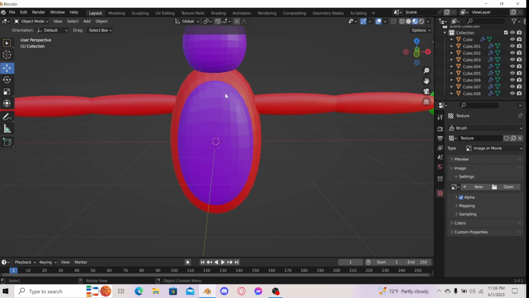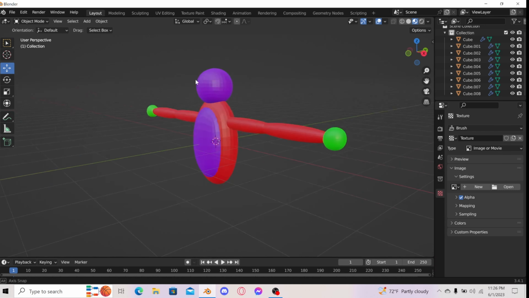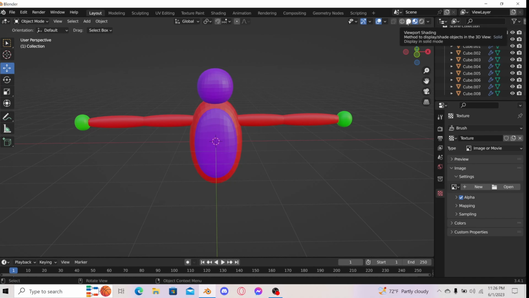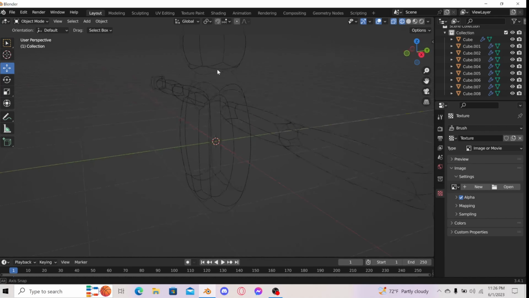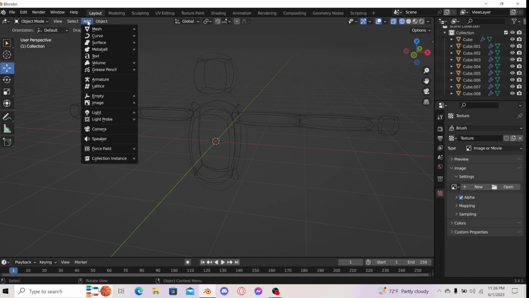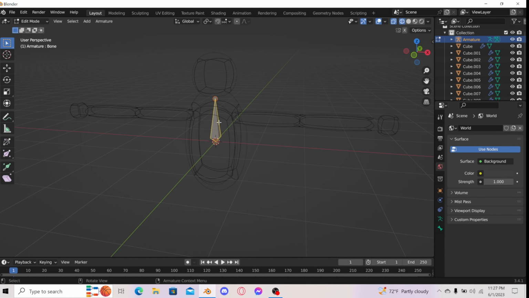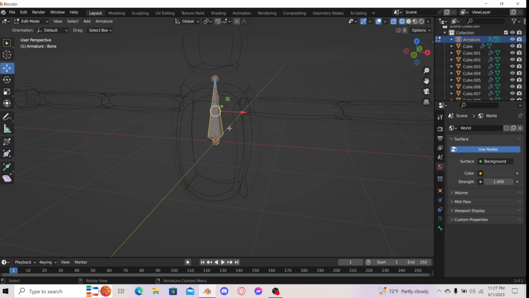So now that you have your monkey ready, you can just go to these ones with the lines, so then it's easier to see. Object mode, then you want to go to add, armature, object mode, edit mode, and then what you want to do is click on these arrows,